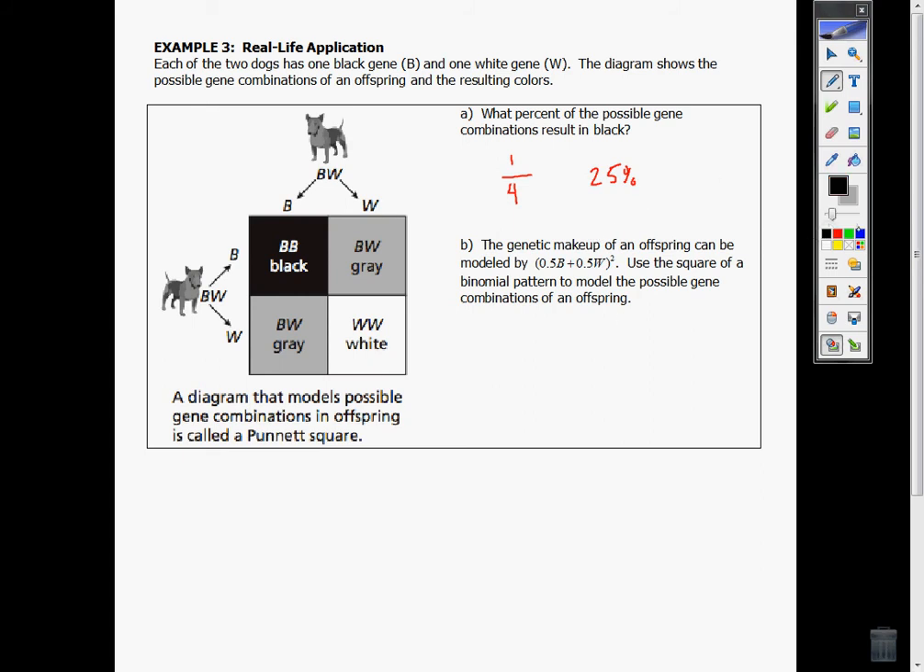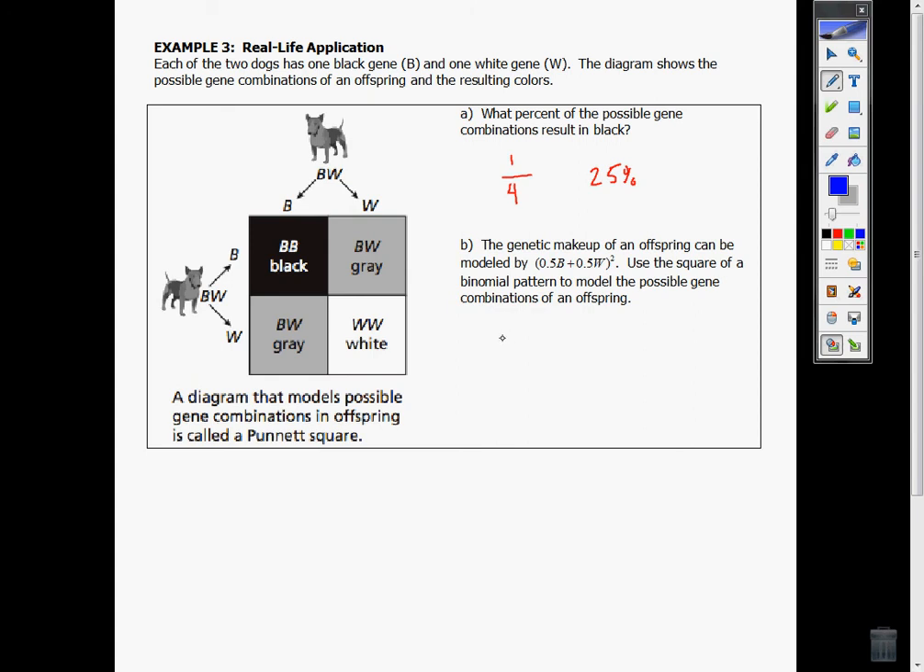Now the second part is where we're going to use a little bit of the knowledge that we just acquired. The genetic makeup of an offspring can be modeled by a specific equation. Use the square of a binomial pattern to model the possible gene combinations of an offspring. So, here's what we want to do. We want to expand this out in order to tell me what the possible percentages for specific types of offspring are going to be. So when I multiply this out, what type of situation do I have here? It actually tells me, square of a binomial pattern, which means to me that it's going to be the